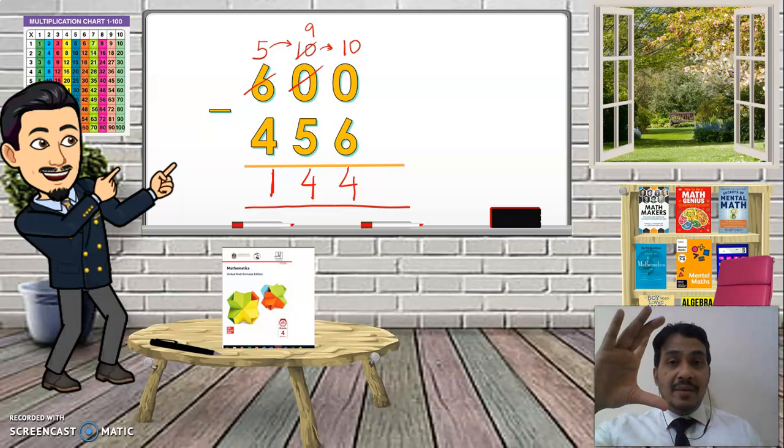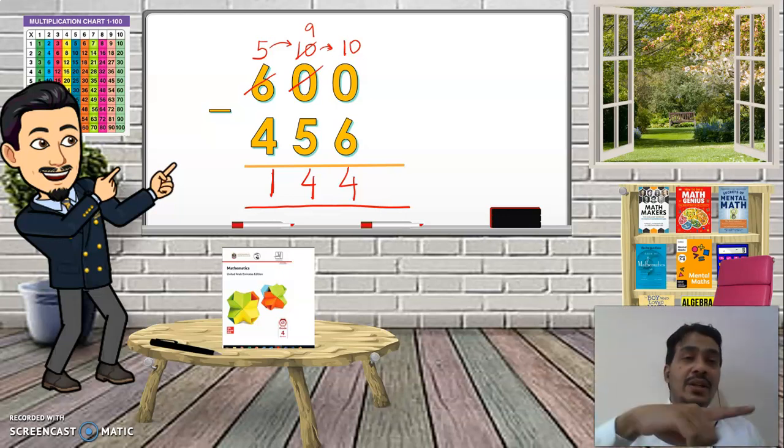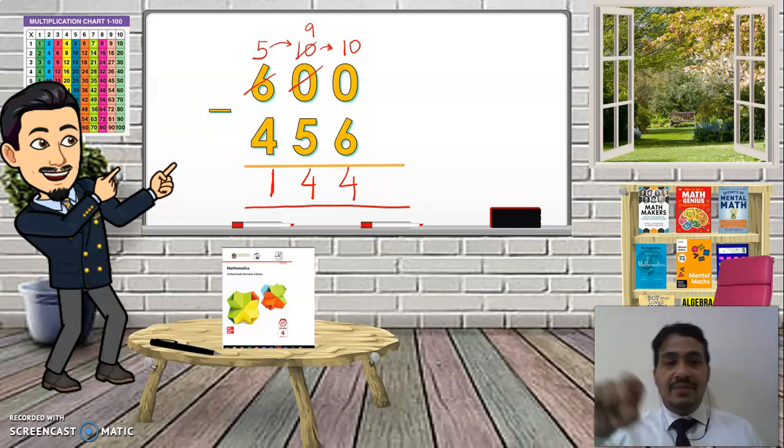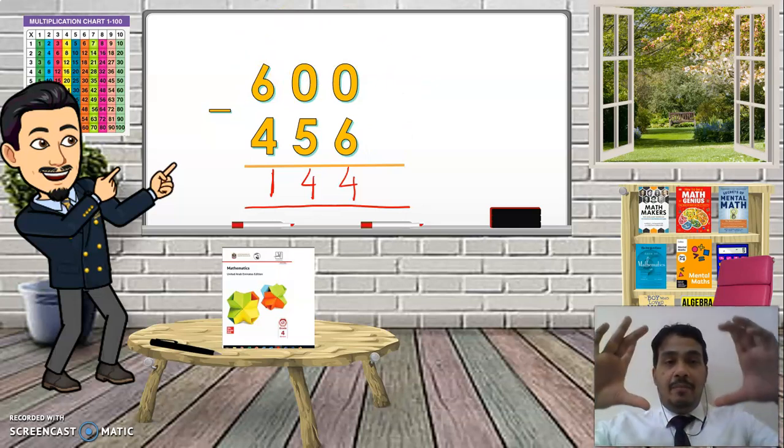So in the bigger number, you have lots of zeros, so you have to borrow from the left. Again, borrow from the left and borrow from the left and so on. Okay? Now, a very important note. A very important thing which you should know is when you subtract, you have a big number here minus a small